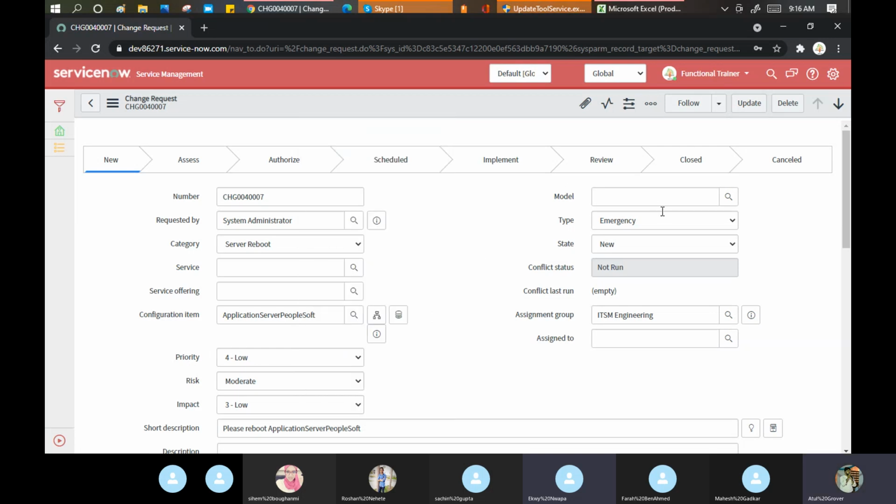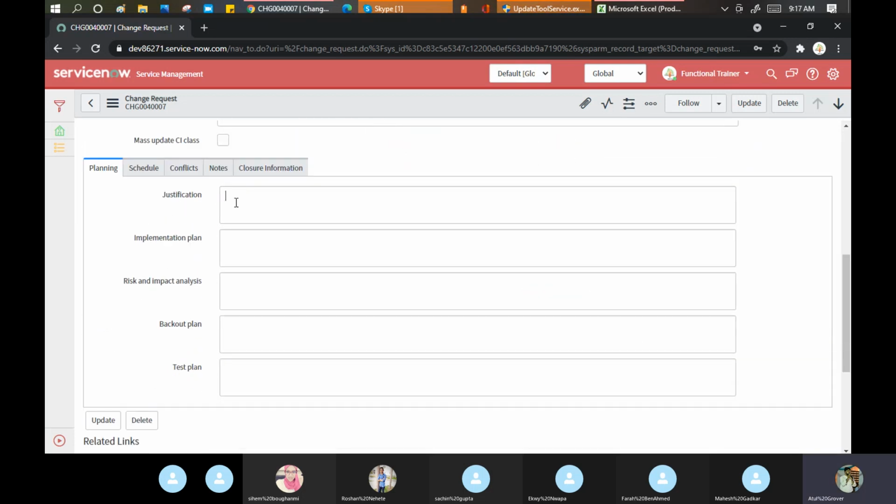Why not? Let me put some value here. Okay, let me put some here. Now, if I click on update or save, it should go in the database. Then why do I have an update and not a save here? But also in my environment, we have both save and update buttons. Yeah, in my organization, we don't always have save and update. It's true. I think it all depends on the form.